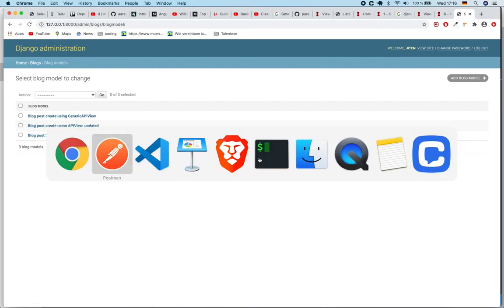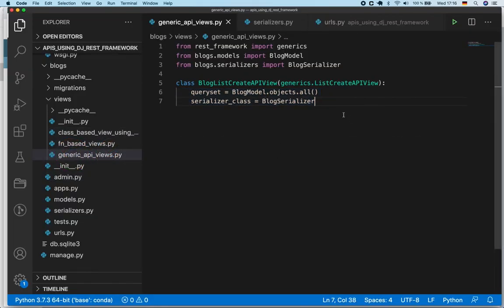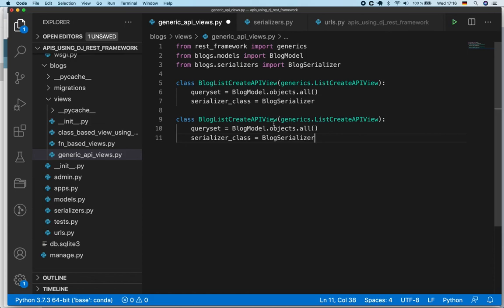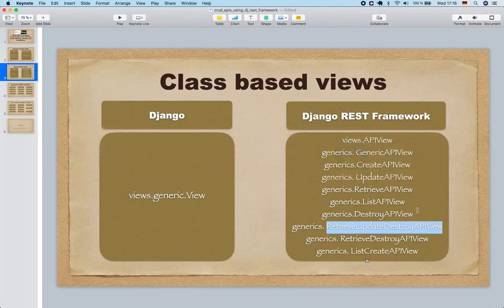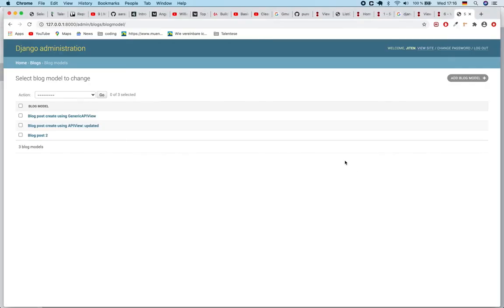Yeah, it's working using generic API view. Similarly, we can use the same thing to update and delete a blog item. So I will call it retrieve, update and destroy API view, which means retrieve, update and destroy API view. This one